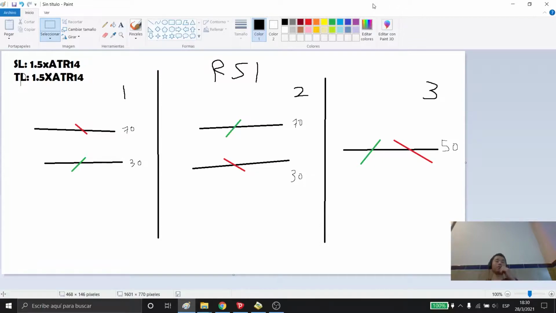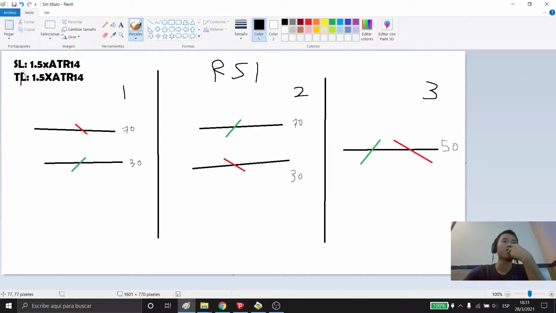Today I will show you the three types of entry for backtesting RSI. It's about seeing if the results of the three types of entry have some difference. I will use a stop loss of 1.5 multiplied by the ATR 14 periods, the same for take profit, and